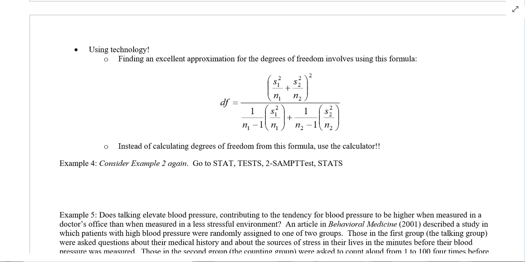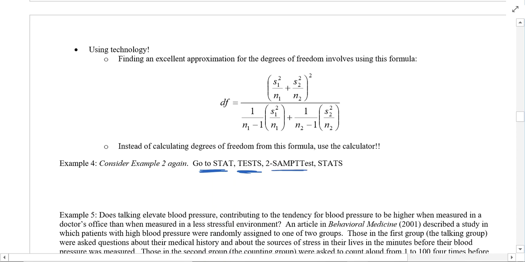So we are going to go to stat, and you're going to go over to test. Okay, so here are your commands right here. Stat, go over to tests, and actually all the tests are there that we've ever done, confidence intervals and tests. So again, use this with caution. I don't show you this until now because I usually don't actually want you to use this. When I'm looking at your work, I should not be able to tell the difference of whether you used the calculator or you did this all by hand. So, okay. So we're doing a 2 sample t-test. So hit enter.